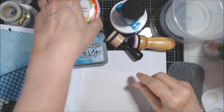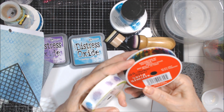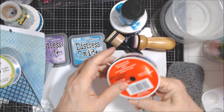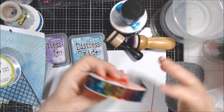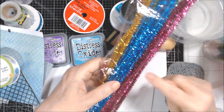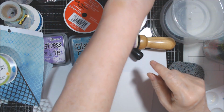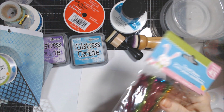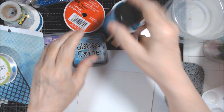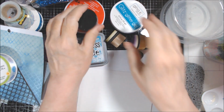I also found this beautiful sequined ribbon. This was a gift from Charlene, Cheryl's Crafty World. And look at that. Perfect for mermaids. And I was looking for these for something else, and look at this beautiful purple and blue. What are they called? Pipe cleaners. They call them decorative tinsel stems. Tinsel stems. Hmm. Anyway, and then I had gotten this free Astro paste from scrapbook.com when I placed an order,